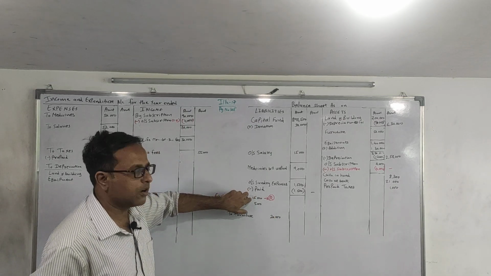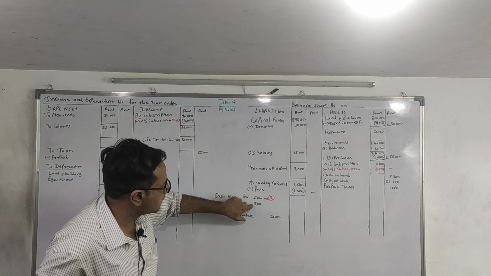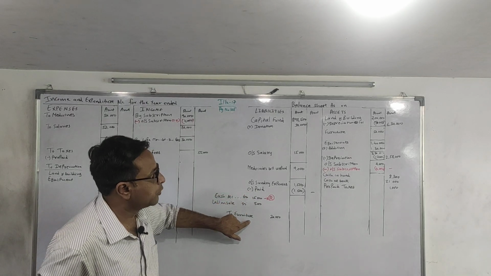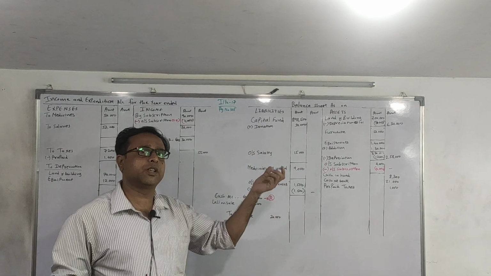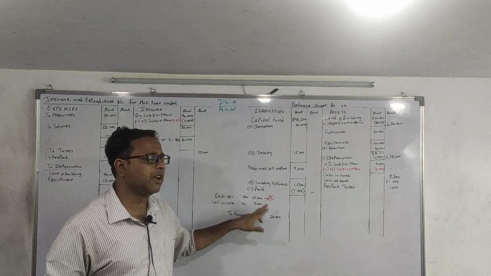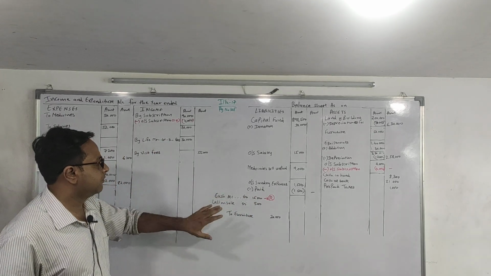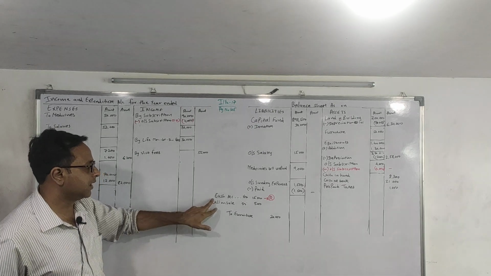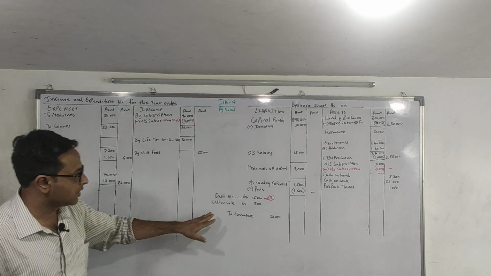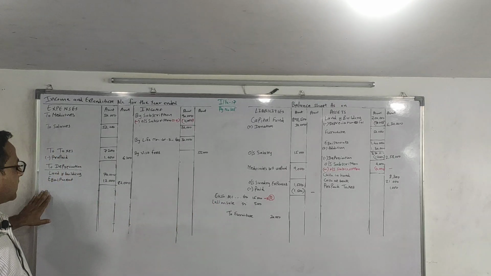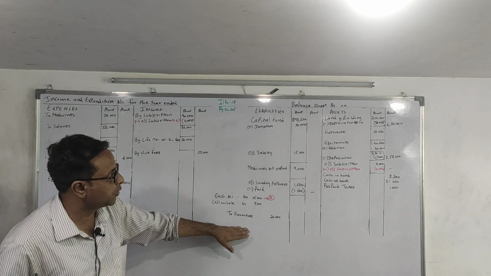This particular effect is already given in your question, 15,000. What is balance is this 5,000 loss on sale, and to furniture 20,000. Even though there are two effects, the amount will be different because of this journal entry. So this loss on sale and furniture, these two are pending, which we will write in our answer. The loss we will write where? In the expense side, and furniture total going out is rupees 20,000 book value.